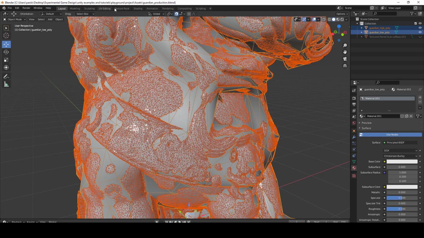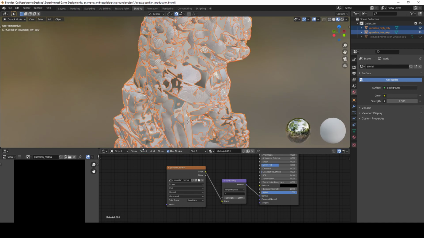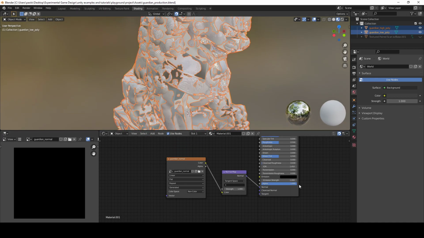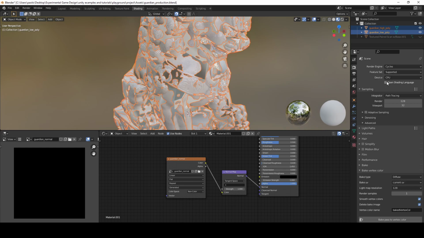So I'm going to go back to shading. You can do this process anywhere you want, but I like the fact that I get to see this thing here. Baking is part of the render properties because it's a rendering process. So I'm going to go to render properties here. Let's see if I remember what the process is. You want to change the render engine to Cycles. Maybe you can do it with other engines, but all the tutorials I saw were mentioning Cycles. So switch it to Cycles,